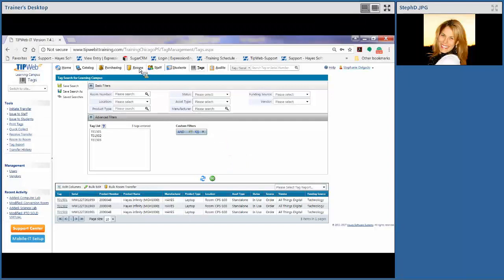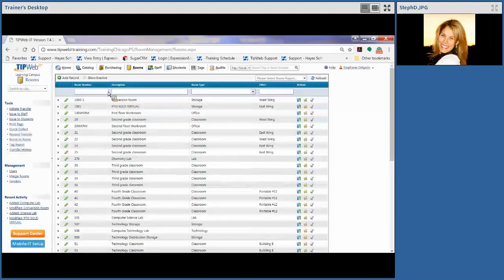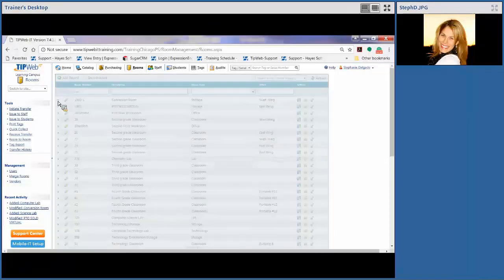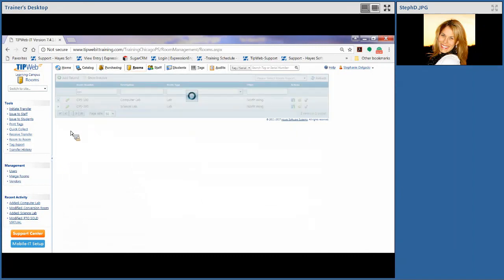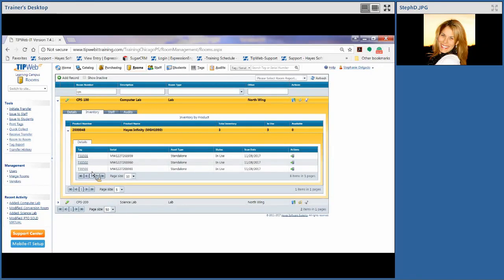I'm going to go ahead and go back to our rooms page. And actually, let's take a peek real quick at CPS. I think it was my 100. Here we go. Let's see. And there are my 3 tags. So they're there, right there. And I do have the capability to, of course, do the room-to-room transfer from here as well. Okay. So if there's no questions about the room-to-room transfers, I'm going to go ahead and move into our last